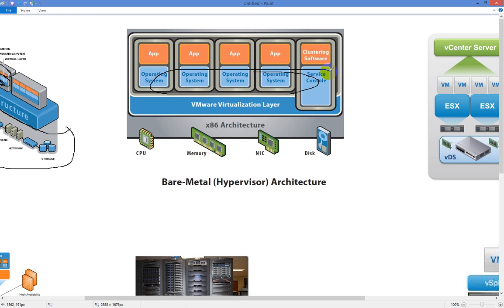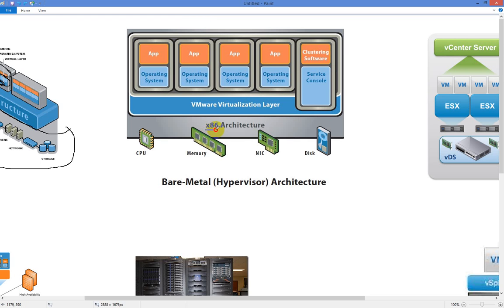Regardless of what your methods of operation are, at the end of the day, the operation is still relatively the same. You need to figure out a way to get new servers up and running as quickly as possible with the least amount of impact to your infrastructure. Well, that's the goal of virtualization. So the idea behind it, as we're going through these videos, is to keep going back to this piece. Now what I'm going to point out to you, and there's a reason why I have such a big picture for this, is because I wanted to break it down for you.